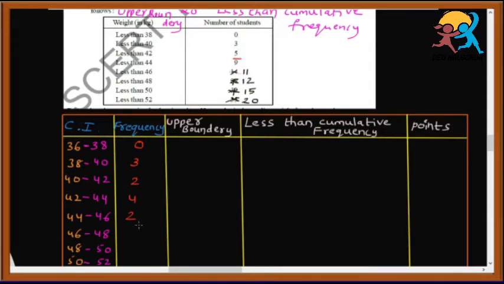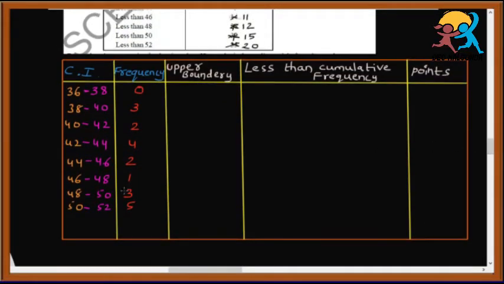And the difference is 1, just follow the steps, and 3 and 5. We have to check the question first. So we will check it now. Here 50 to 52, that is 5 students. So I am writing the upper boundary of 50 to 52 kg, that is upper boundary is 52. Just observe, the number of students who are below 52 kg, that means we have to add all